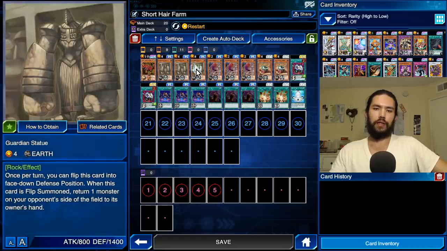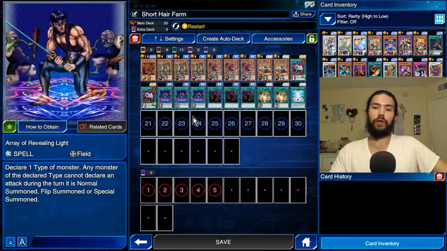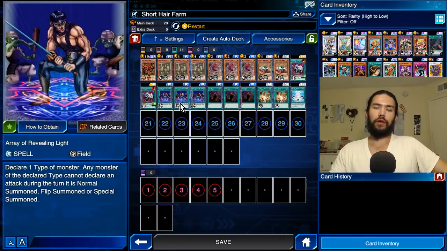And the way it's played is you set your Guardian Statues, you set your Medusa Worms on a clean field, and I'll show you what I mean in the replays. And you activate your Array of Revealing Light, and you search for it with Planet Pathfinder. Basically, Array of Revealing Light makes it so that the machine-type monsters cannot attack. You declare machine, they can't attack, and then